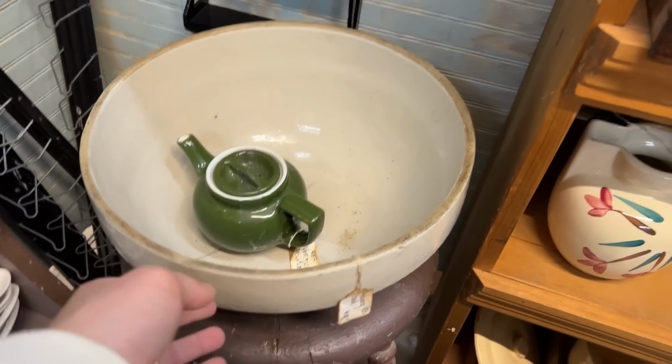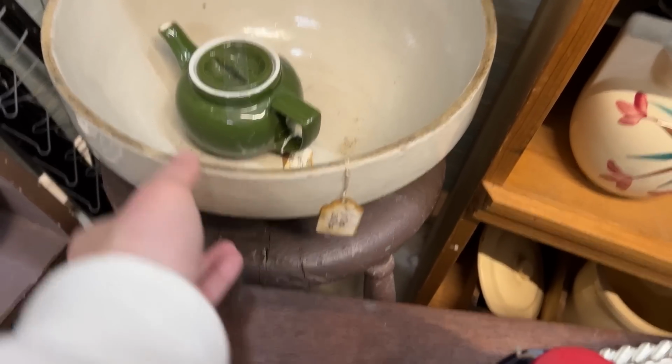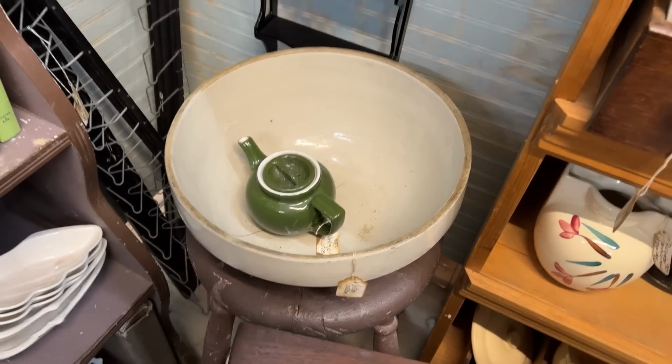And I could not stop thinking about it. And I know that that's a ridiculous price to pay for a bowl, but I loved that bowl. I loved everything about it. Well,